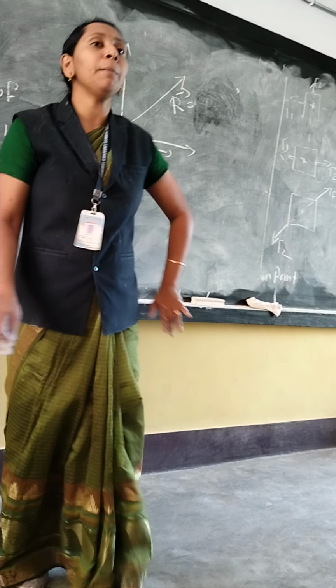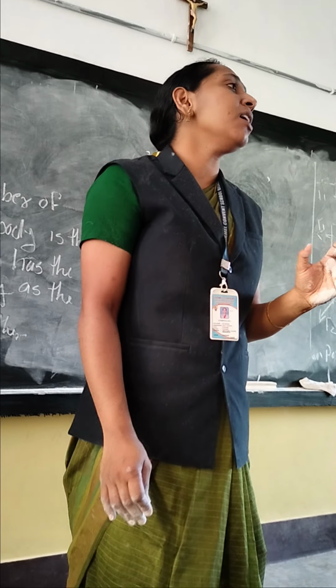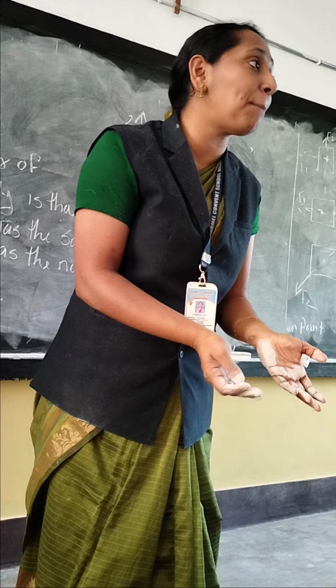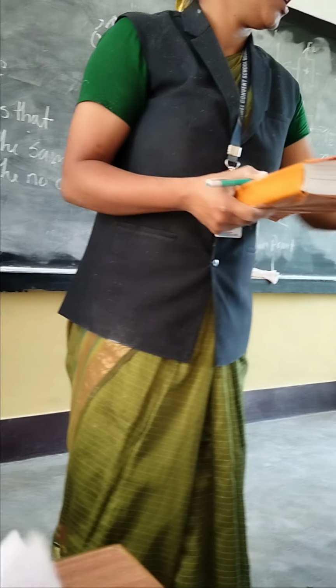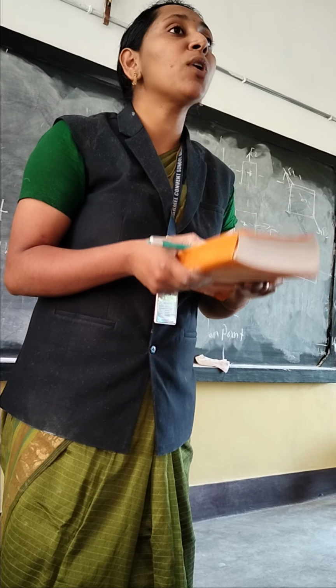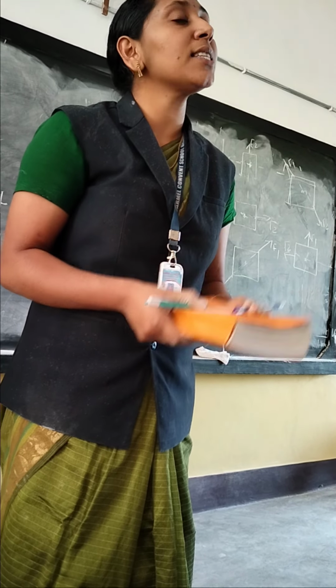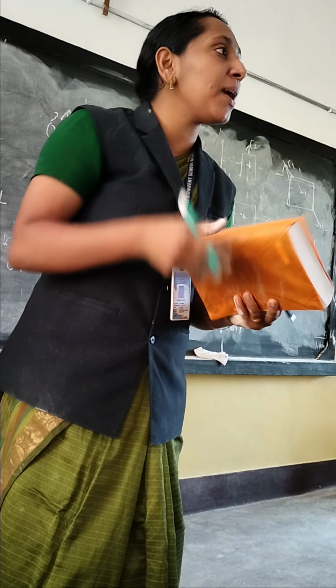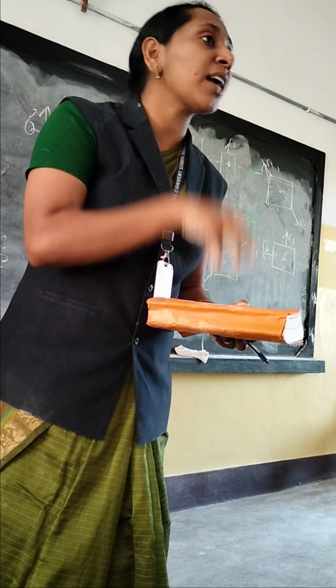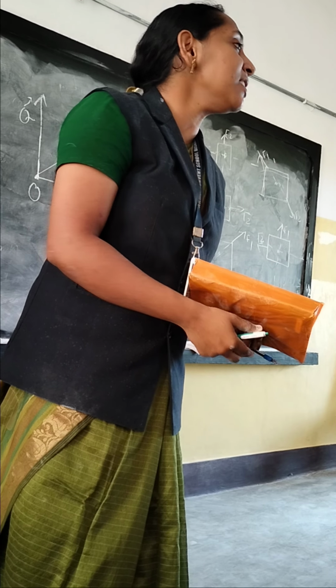Okay, then listen here. What is the final effect we have? A single force is giving the total effect of the forces applied on the body. Example, this book is here. I apply a force in this direction and another with the pen in this direction also. So I am applying two forces at a time, but the book is affected by a resultant force. So what is resultant force? This force's effect is there, and this force's effect is also there. A single force giving the effect of more than one force applied on the body is called the resultant force.